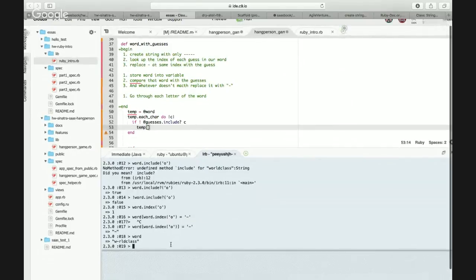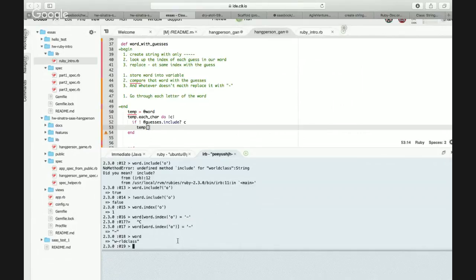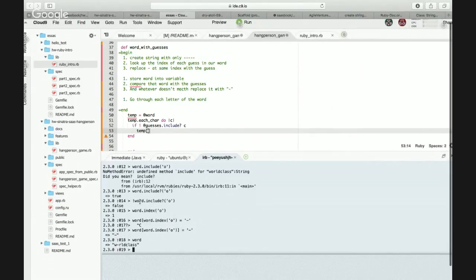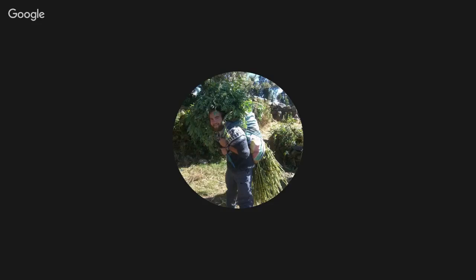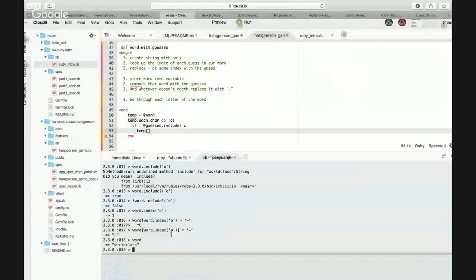Look at the bottom over there, you see it? Include, not include parts. Okay, getting it.